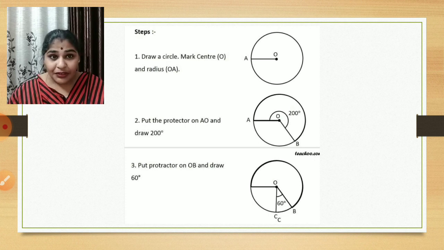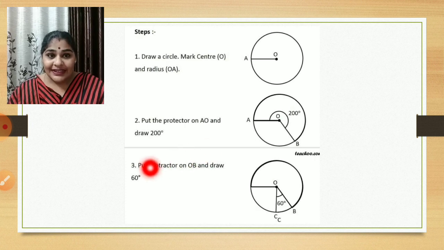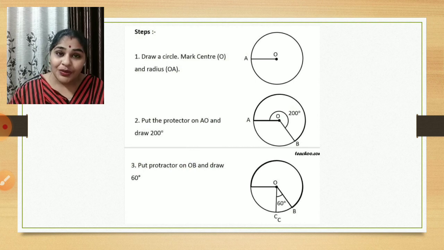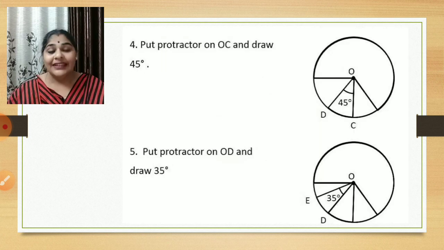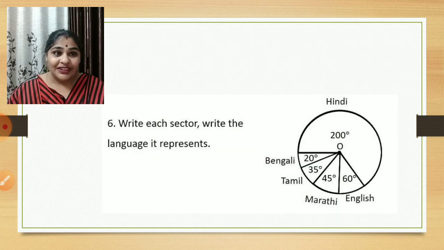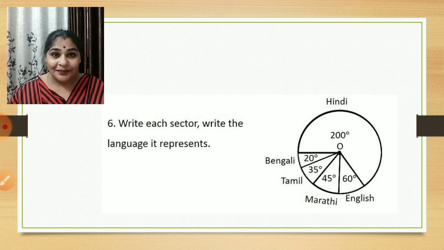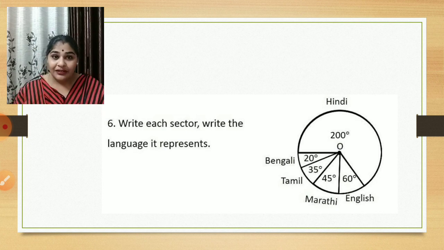If you are not able to do, no problem. Leave this 200 and start with the next angle, and automatically the remaining part at last will be 200 degree, children. Okay. So take the next 60 degree, then draw the 45 degree angle, then draw the 35 degree angle. Then you proceed with the 20 degree, and the remaining at the last will be your 200 degree. So this is how one by one you are going to keep on drawing the sectors, taking the central angle.